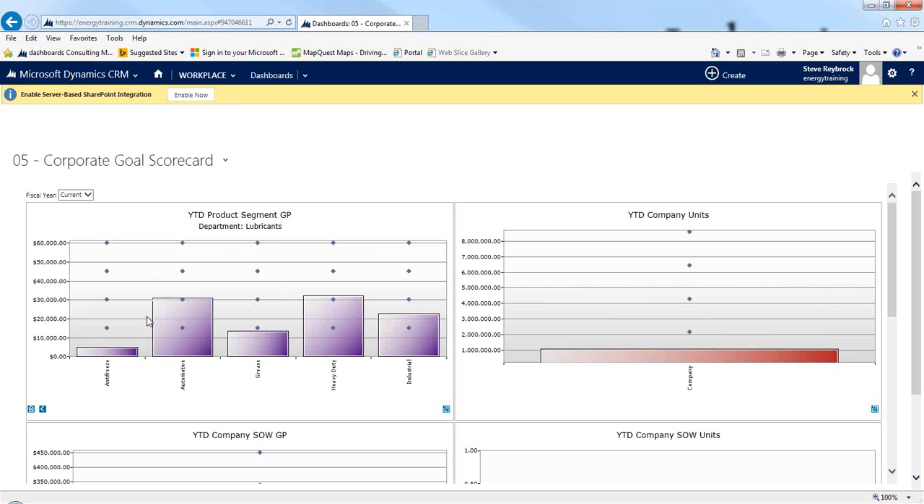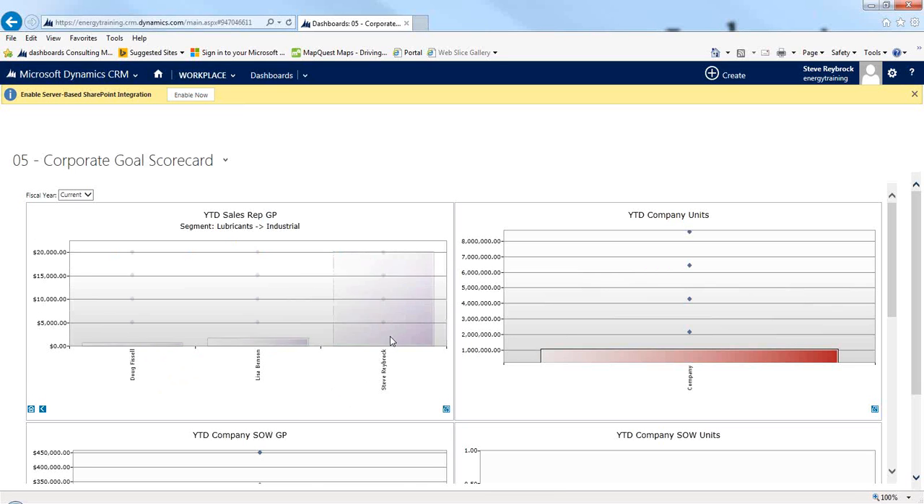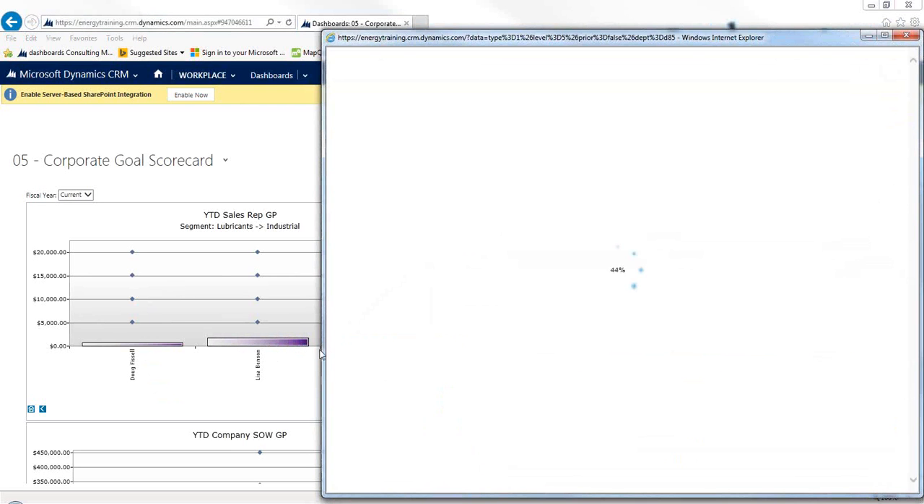You could have a different goal for your lubricants, antifreeze business, or automotive, or grease, or heavy duty. And these would be your product segments. So this is just an example, but it's definitely going to look and feel the way you function. And then let's say I drilled on industrial, and then it breaks it down by the salesperson who generated that business compared to their goals. And then finally, I could drill on, let's say, Lisa here, and not